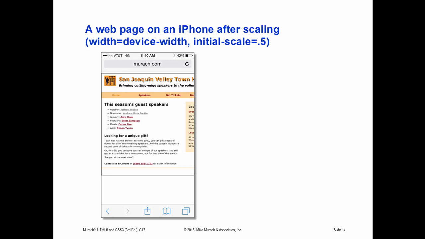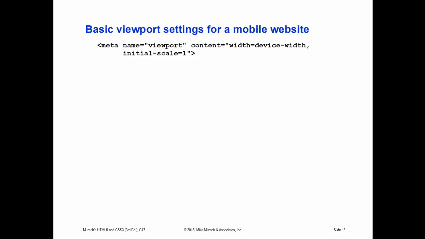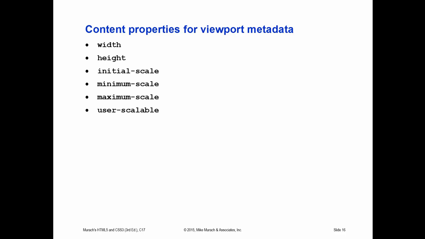Now, if you want to start using this, all right, you have to use the meta element with a name set to viewport. Then, for the content, you specify the properties that are summarized in the figure right here, and also shown on the bottom of page 563 in the book. So you've got width, which is the width of the viewport in pixels, height, which is the height of the viewport in pixels, initial scale, which is a number